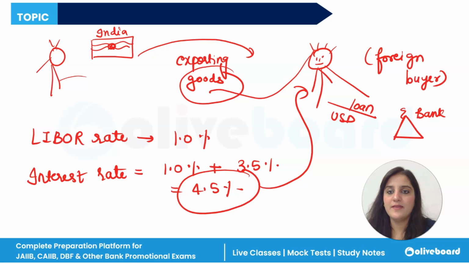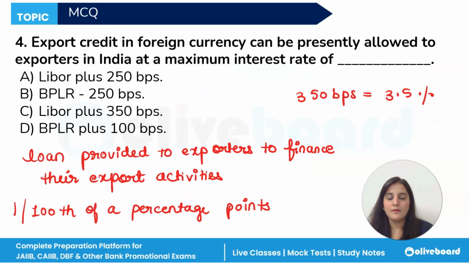So here we can say the answer to this question is: LIBOR plus 250 BPS, BPLR 250 BPS, LIBOR plus 350 BPS, or 300 BPLR plus 100 BPS. So we can say here option C is correct. Okay. Now